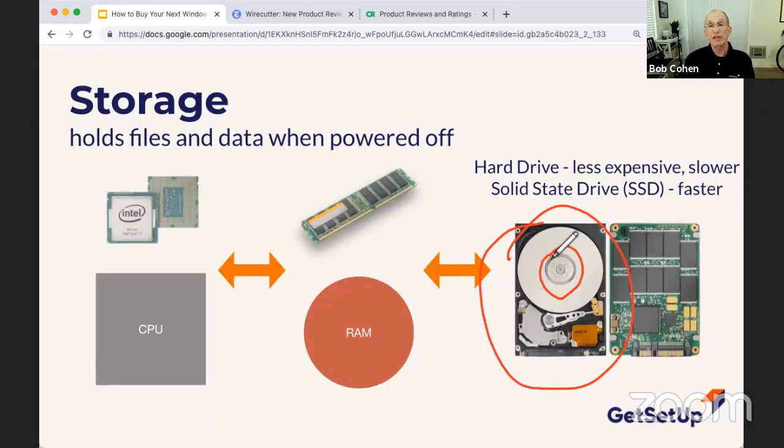That magnetic disk rotated around, and it was a mechanical device. So what happens is your CPU would get memory information and work on, say, a document or a photo in RAM, and then your CPU would tell RAM to get things from or to your hard drive.